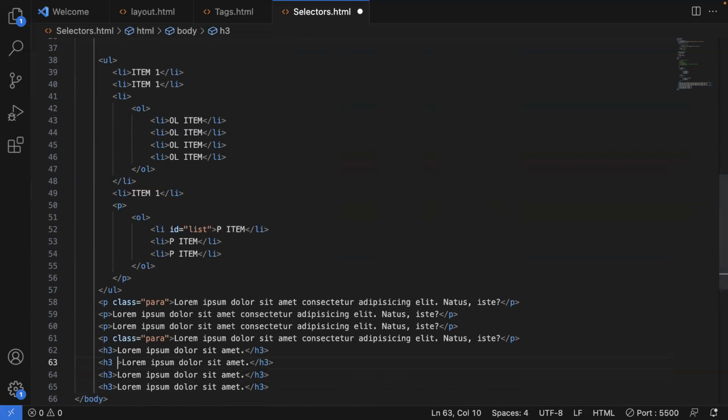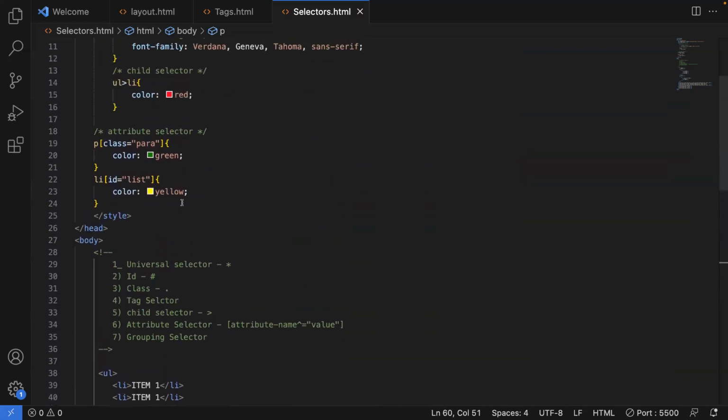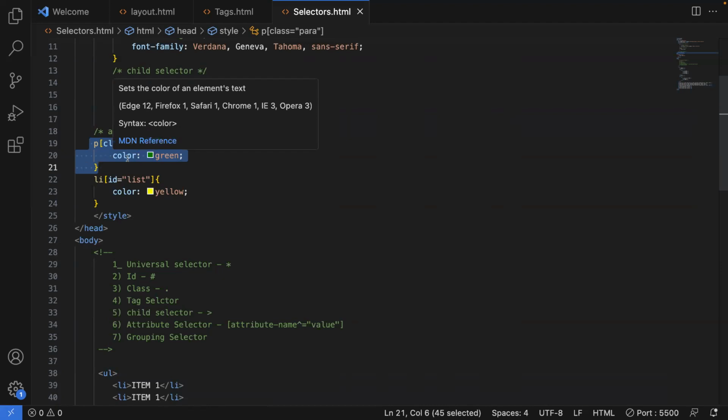So H3, H4 I'll give. Okay. So here, along with this particular item, I want to apply this color green to H3, H4, H5